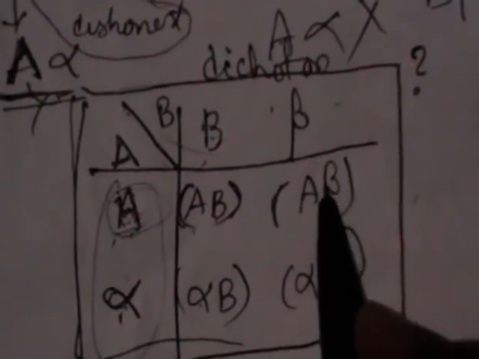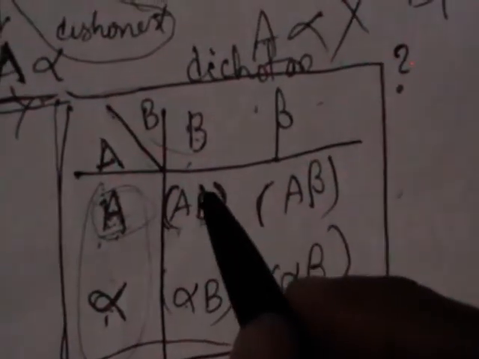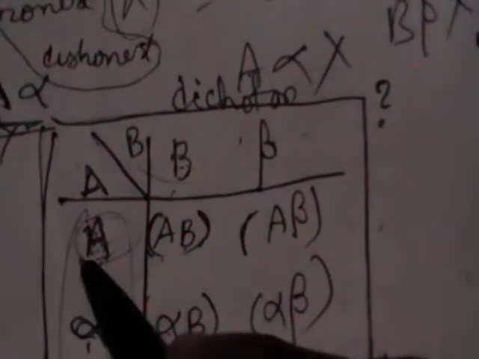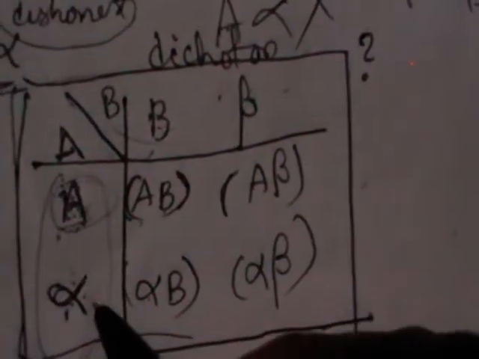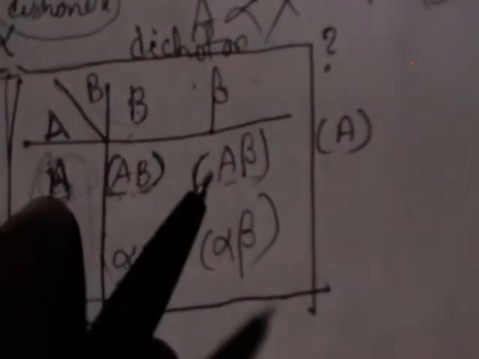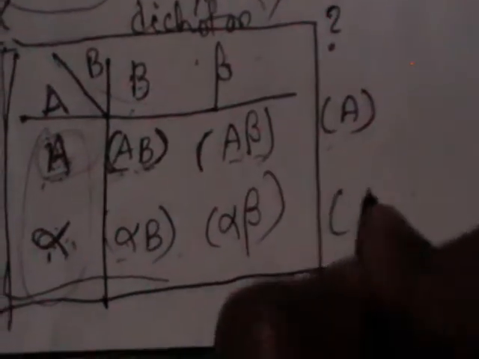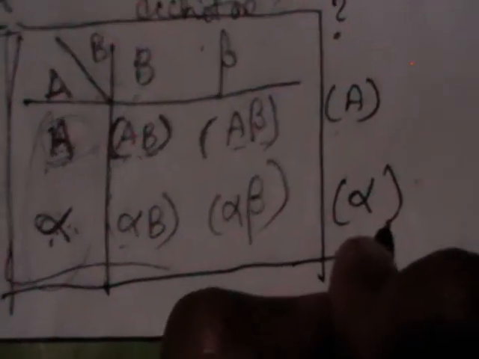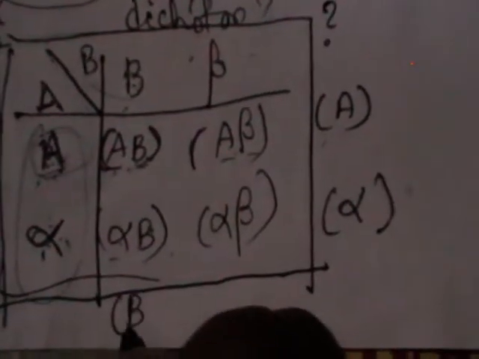It is compulsory to follow this table to identify the possible class combinations. A, alpha here; B, beta. First one AB, A beta, alpha B, alpha beta. All these are second order frequencies. By adding the first row, you will get bracket A. By adding these two, you will get bracket alpha, which indicates the frequency of alpha. By adding these two, you will get the frequency of B. By adding these two, you will get beta. Either by adding these two or these two, you should get the total population, which we indicate with N.